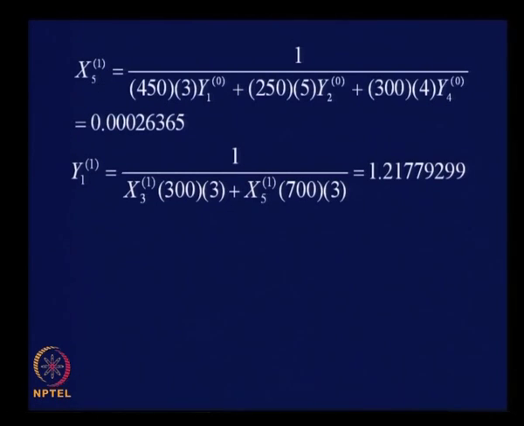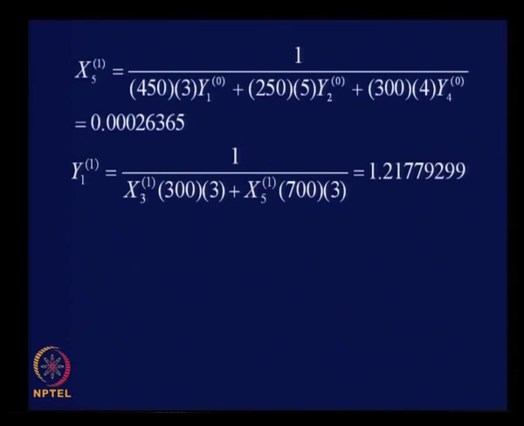Please note it is not x30, it is x31 because we have just got the x31 value. So you can use that immediately. x31 can come into this calculation because we already have the value calculated using y10, y20 and so on. So we can use that current value here, x31, then the corresponding production and then the distance, plus x51 into 700 into 3,